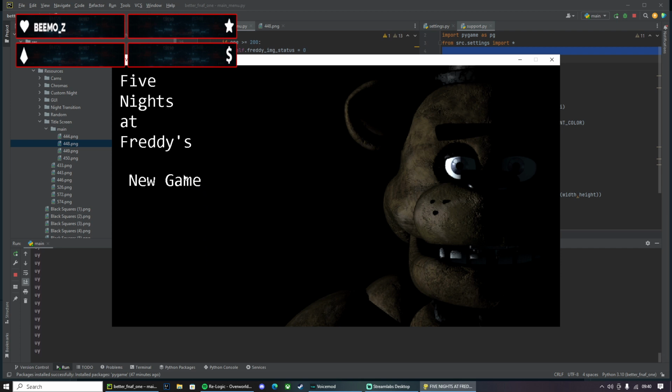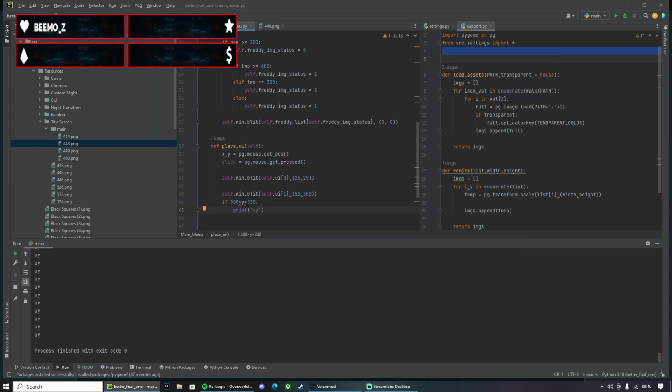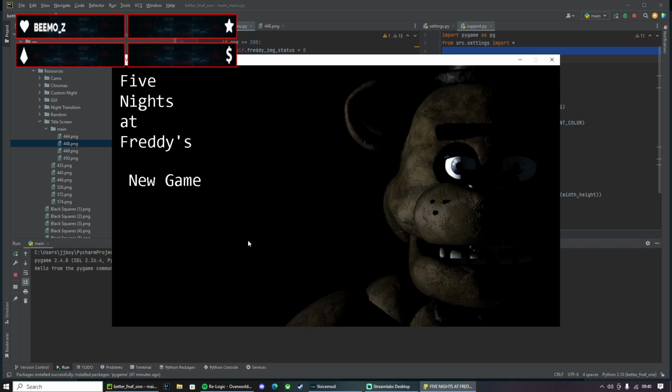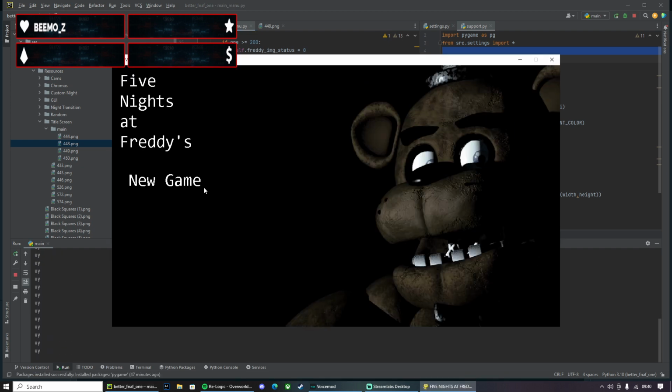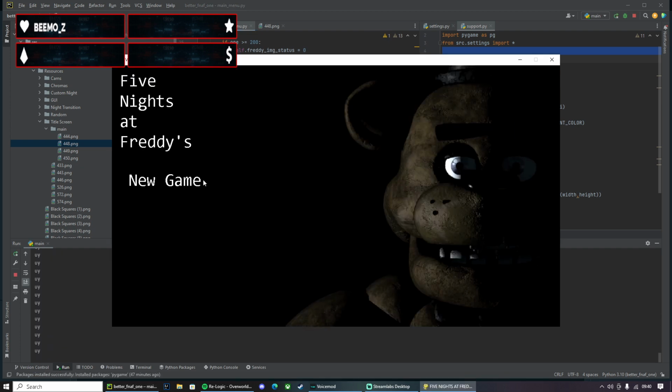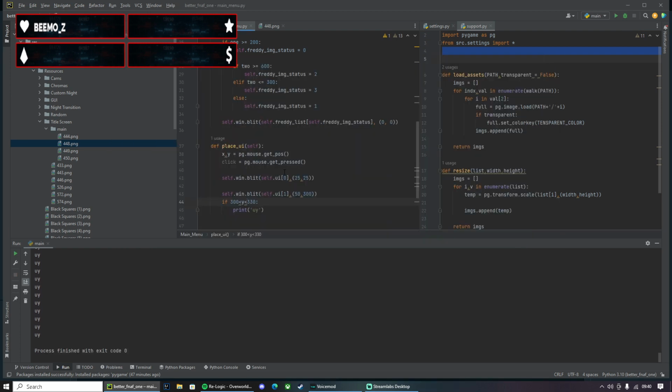That's incorrect, because it should be printing it about here, but it's only printing it down here. I think it's actually this one. Yeah, okay, I did get it wrong.